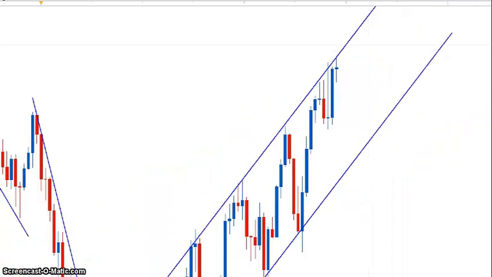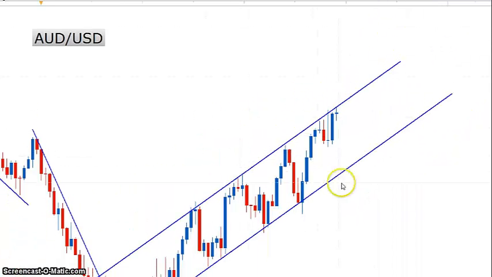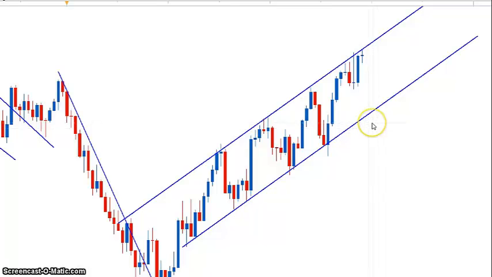But I do think that the AUD might finish a retracement here soon. It's tough to tell when the AUD is so strong, but it's something to keep your eye out for. That's really all I can say. These are good signals and good levels and good patterns, but you have to see something that works for your personal strategy, something that follows your personal trading plan, and something that lines up with the way you see the markets in order for you to put your money on the line. Nothing less would be expected from you than to make sure it fits with what you're looking for. So that's the AUD dollar.